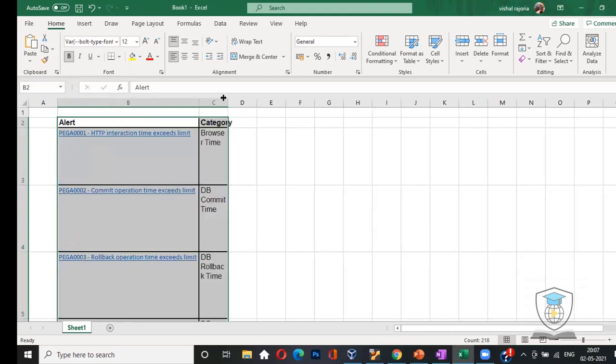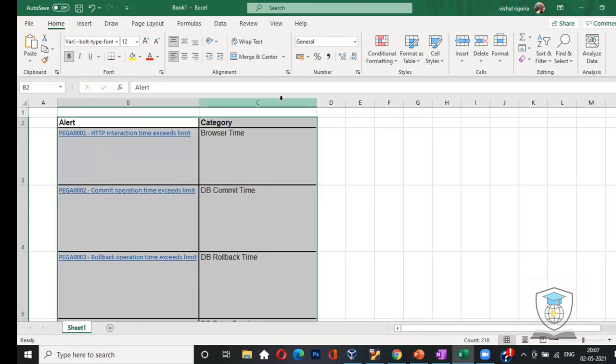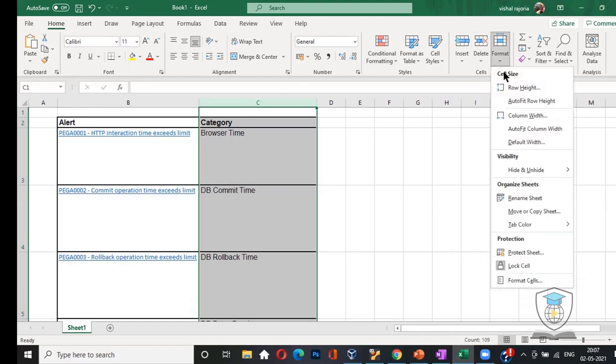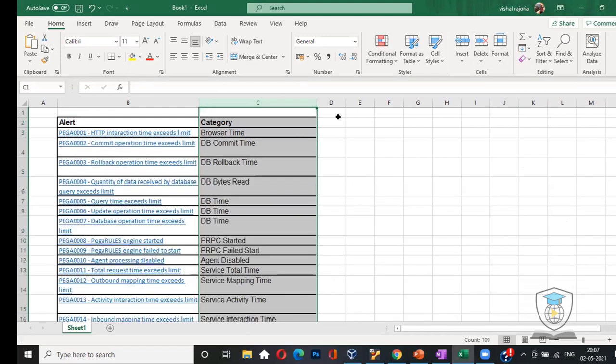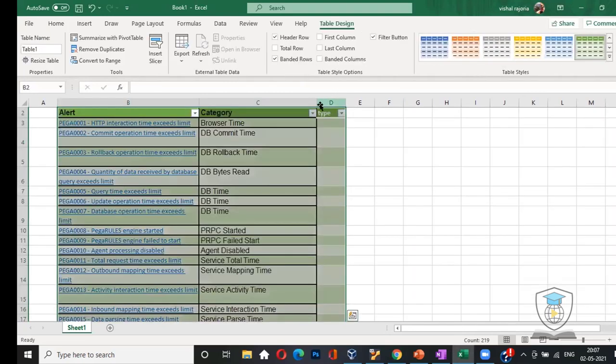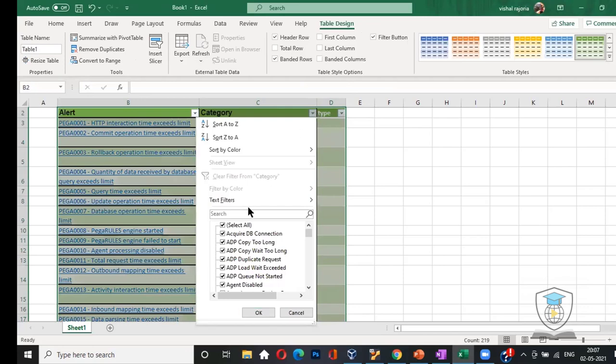Copy paste in Excel and create a type column here, and select based on the query.